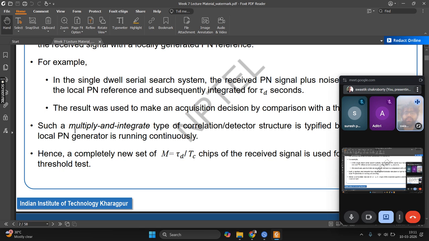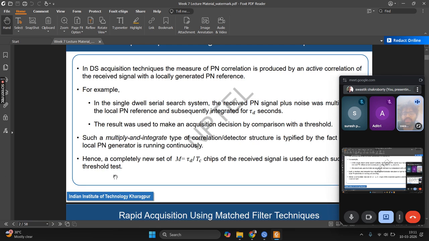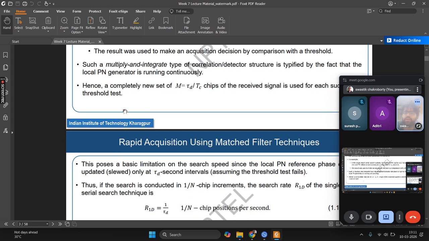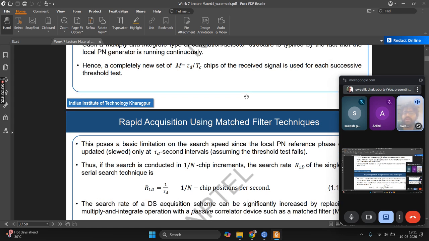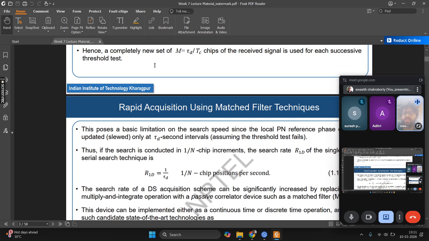A multiply and integrate type of correlation detector structure is typified by the fact that there is a constant local PN generation happening, and you are correlating that with the received signal to see what you get, and based on the feedback you are adjusting the PN sequence. Hence a completely new set of n equal to tau d by tc chips of the received signal is used for each test. This test is basically the feedback